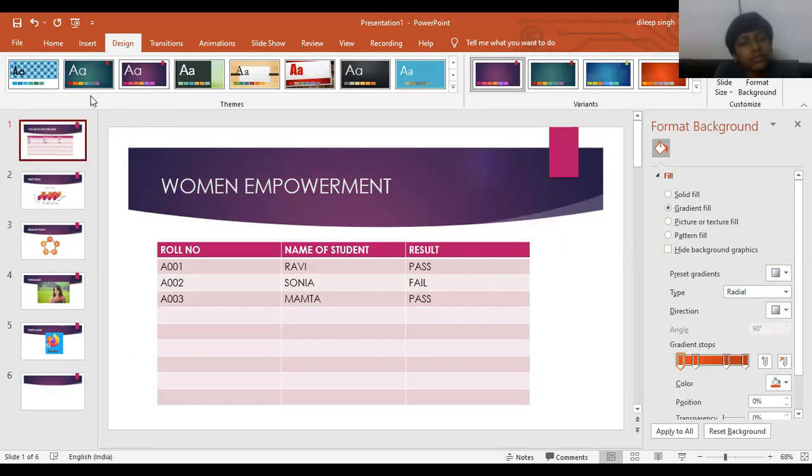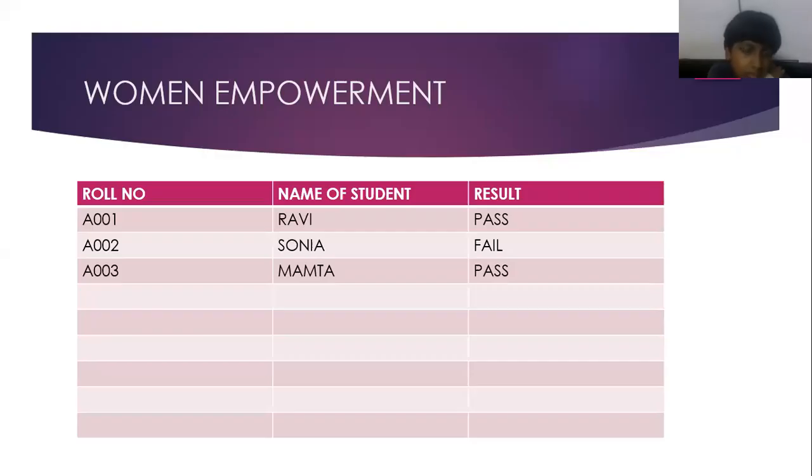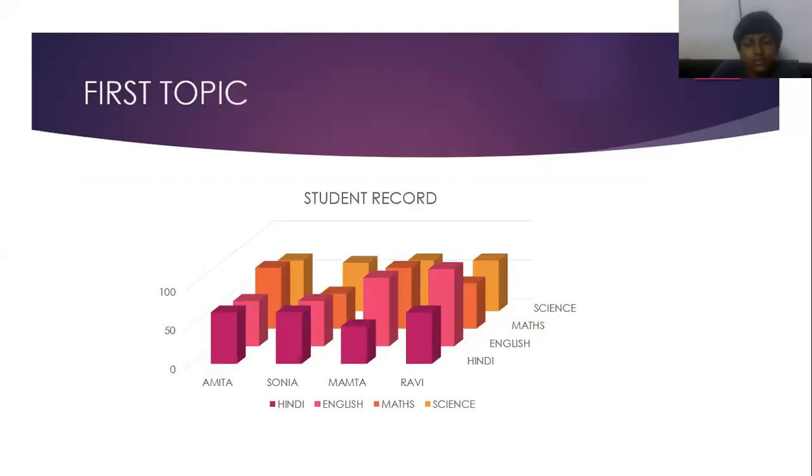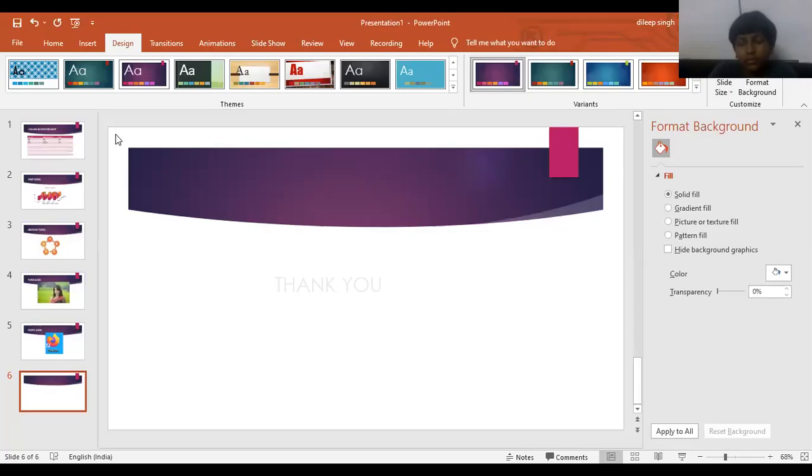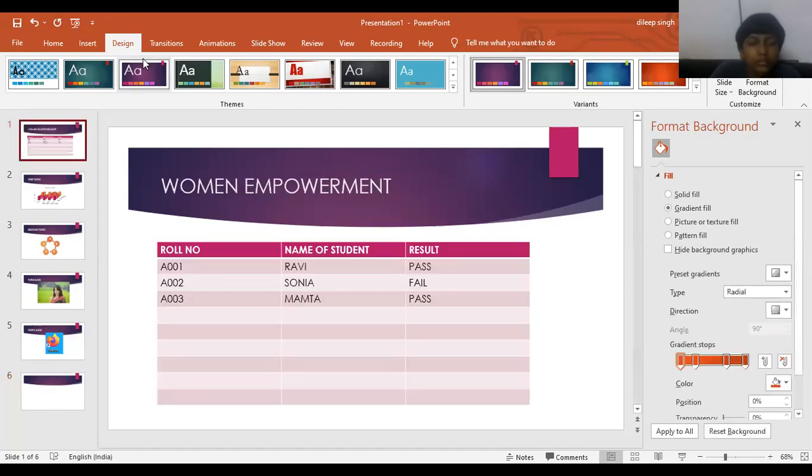And after inserting the design, just press F5. We will get the modified look or an effective look of your presentation. And we just press enter one by one. We will get the slides one by one. And after pressing escape, we will come back to the previous screen. And here's the option, transition. It is very important, that is transition.